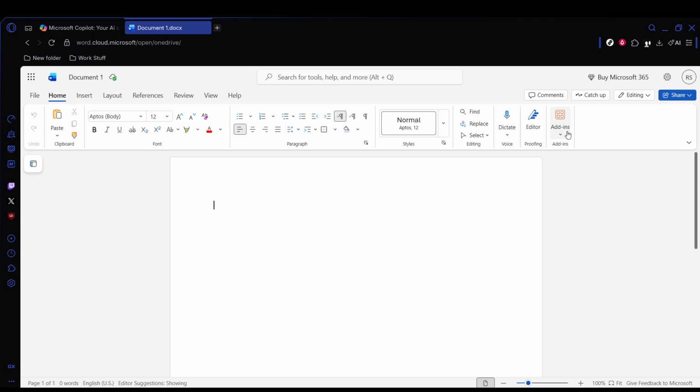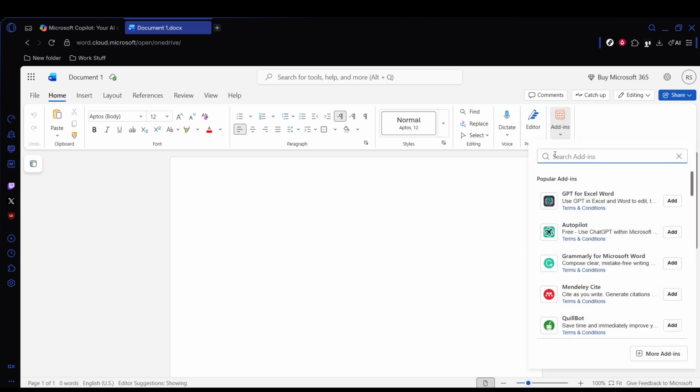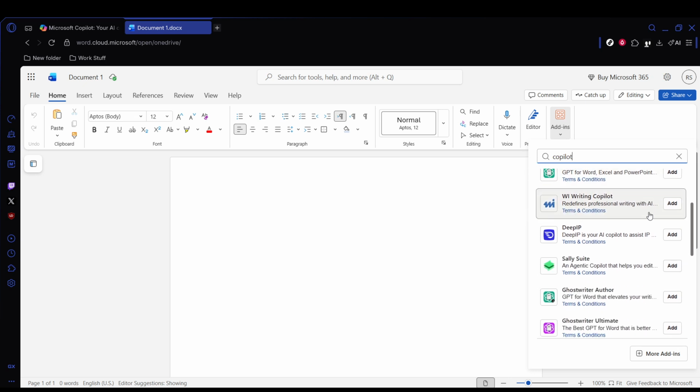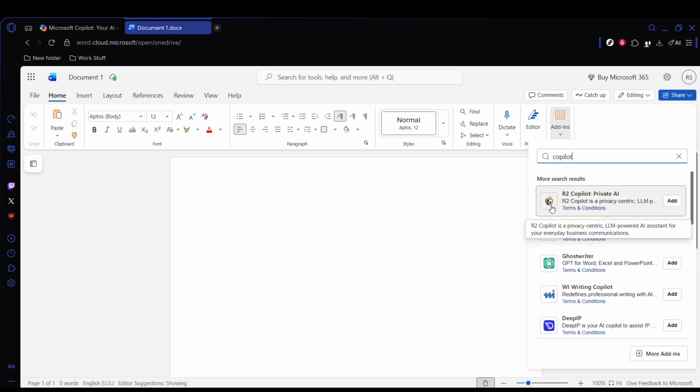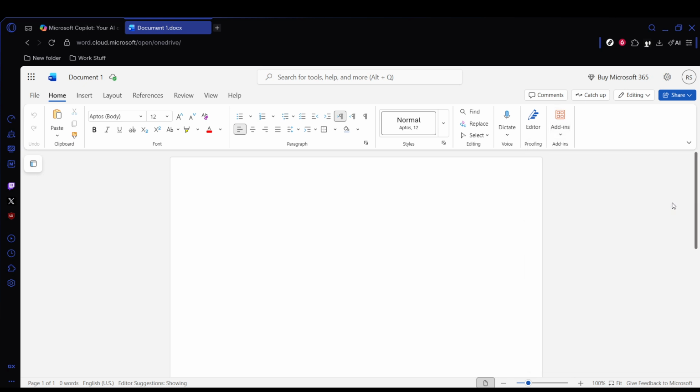Now type a clear description of the document you need. Be specific about the topic and also mention the style you want. For example, you can describe whether you want the writing to sound formal, professional, concise, or detailed. The clearer your instructions are, the better the draft Copilot can generate. If your prompt is too vague, the result may be more generic, so it helps to give enough direction right